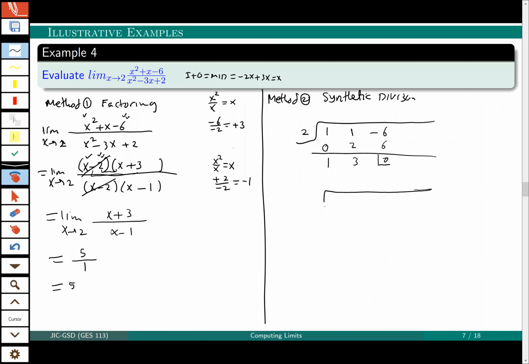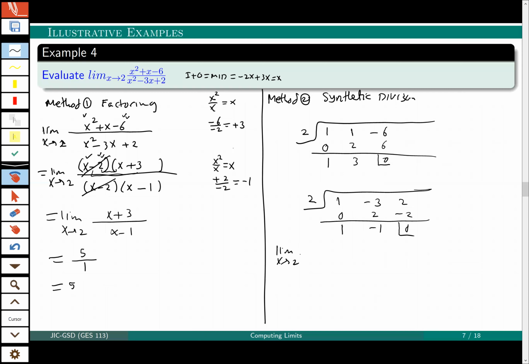And when I divide the second one by the same one, which is 2, coefficients, I have 1, minus 3, 2. That is 0, 1 plus 0, it's 1, 2 times 1, it's 2, minus 3 plus 2, it's minus 1, 2 times minus 1 is minus 2, remainder is 0. So I have the right to say